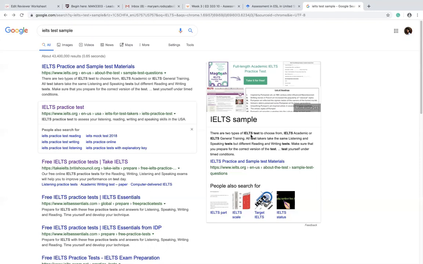So they have to target certain points. The total point for IELTS is 9, and there are 4 skills that are being tested during the test, and then there is one skill, the speaking test, that is conducted separately.